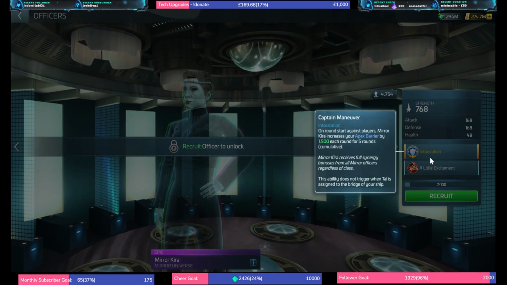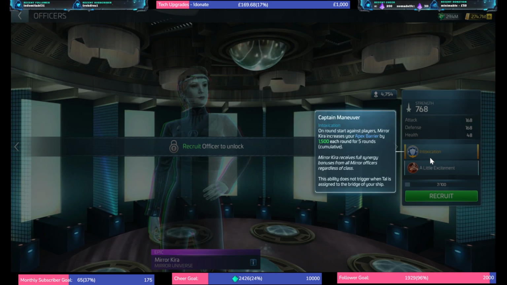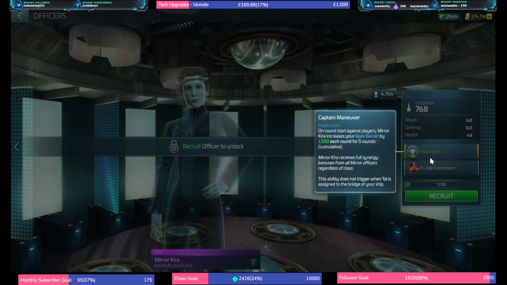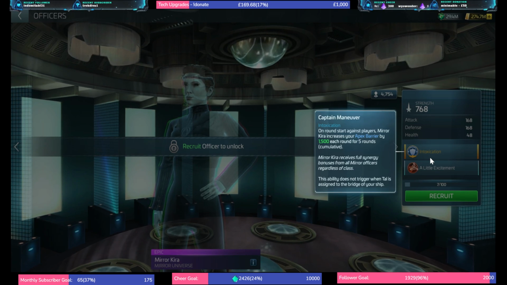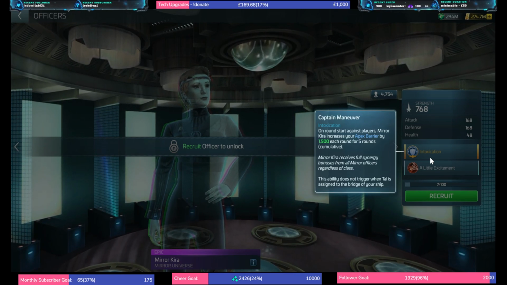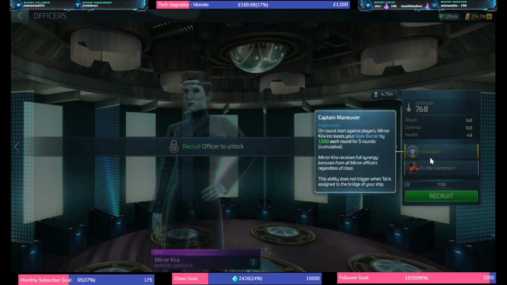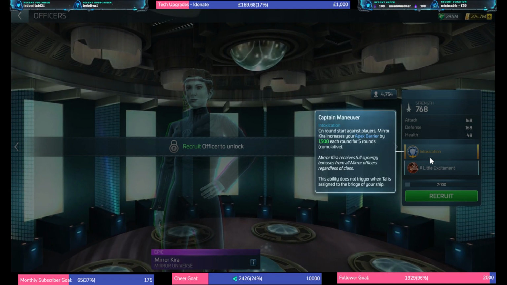I'm not super impressed. Obviously, the Apex barrier increase is nice. It's nice to get that technically mitigation. It's not mitigation, but technically that extra layer of defense that you're going to get from the Apex barrier is quite nice. But I don't see you substituting Mirror Picard, if you have him, for Kira to have as captain,